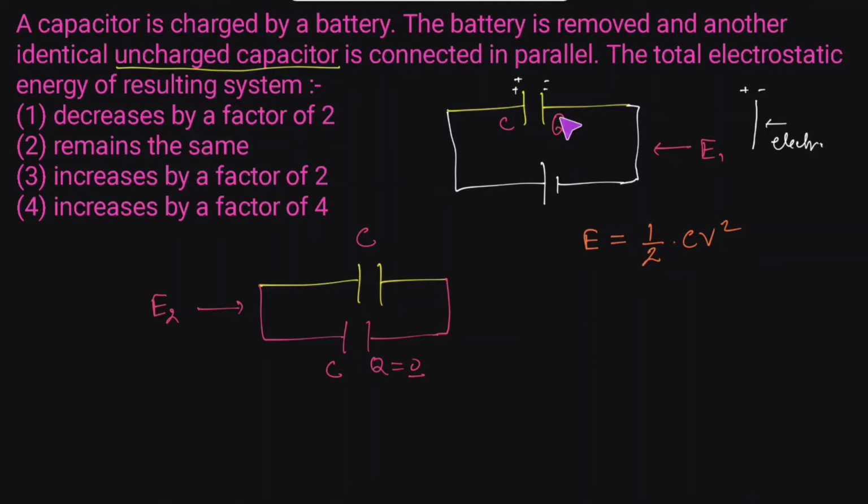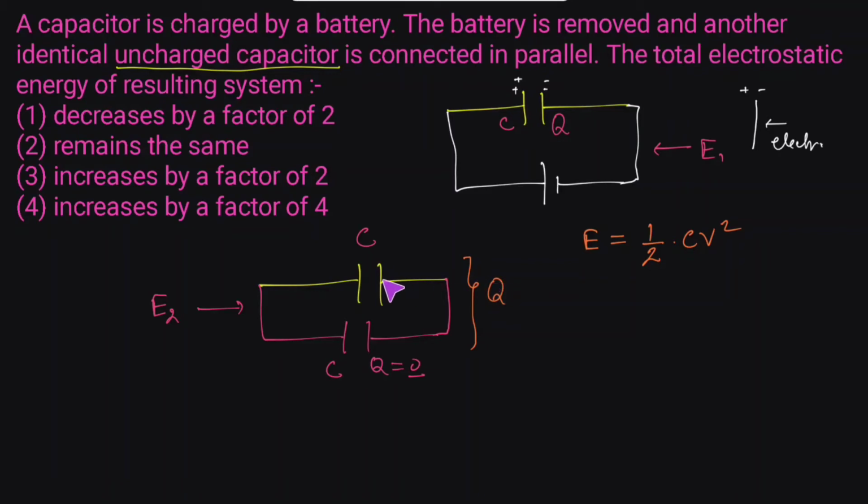Why am I saying this? Because from the law of conservation of charge, we know that charge can neither be created nor destroyed. So if Q amount of charge is stored in this capacitor due to the application of potential by this battery, the charge is going to remain Q. If we connect the same capacitor in this new system, the total charge stored inside this system would remain Q. It is not going to change.